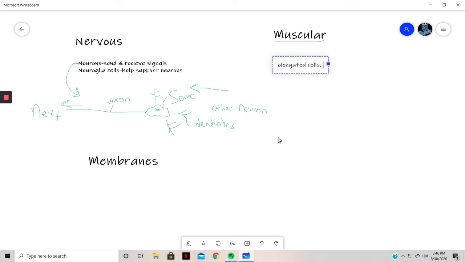And let's see, stretch and constrict. They're able to do that. Of course, that's not telling you anything you don't already know. But the big function, movement,